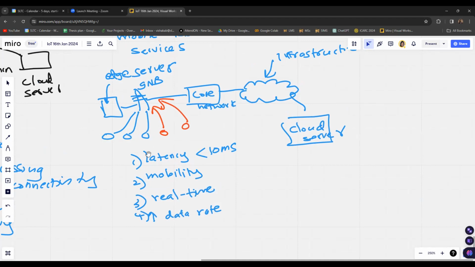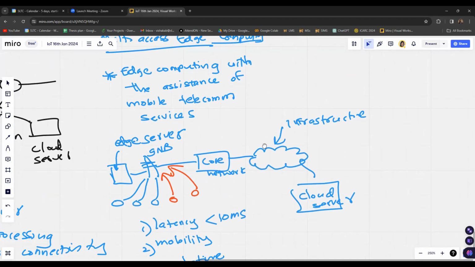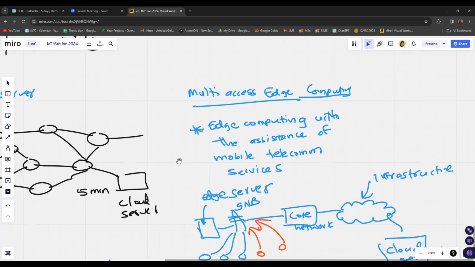We can also provide large amounts of data to the users if needed. So I think that is regarding edge computing and multi-access edge computing. Any questions up to that point?